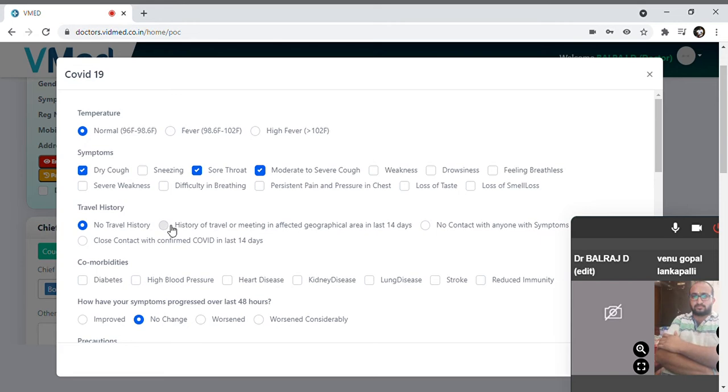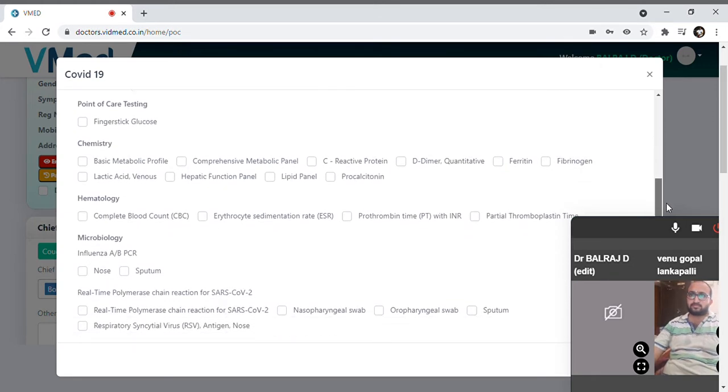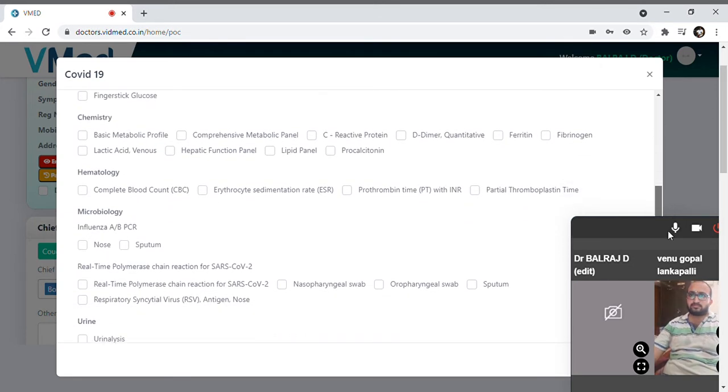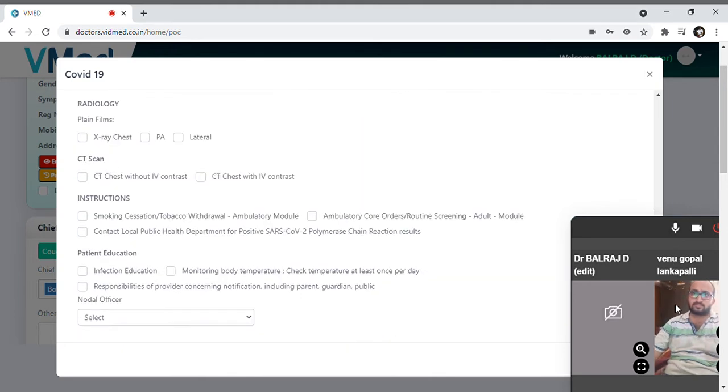Now I have identified that it's a COVID. So now COVID also could be given in the telehealth portal by selecting the COVID-19 form and selecting the symptoms and the travel history and any other problems identified by our consultation of the patient through the health worker. So now we have seen that the COVID-19 form also is getting opened, and we could see that the COVID form gets updated.